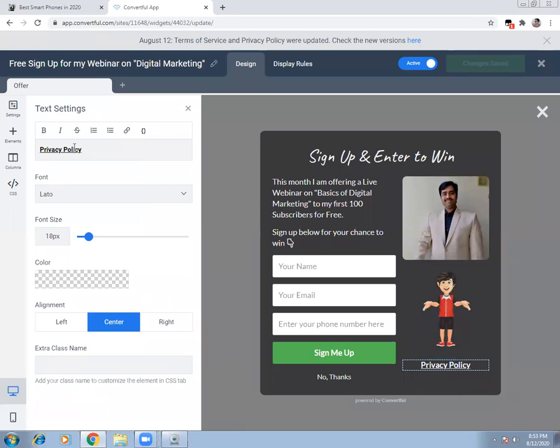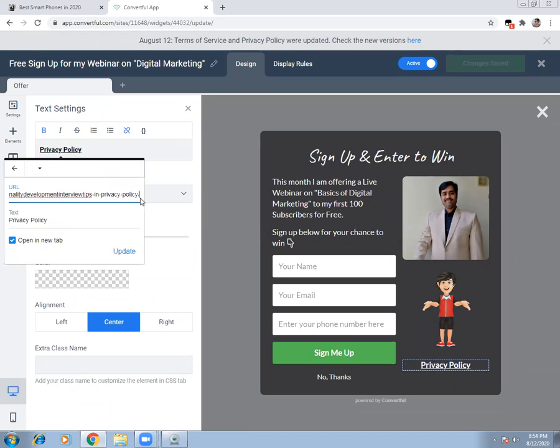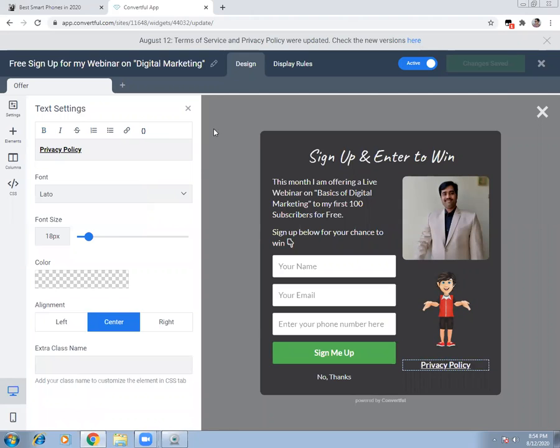So if somebody clicks on it, it has to be linked to something. So I'll put a link here, so that when somebody clicks on the privacy policy, it will take them automatically to the link. It's saying add or remove link. I don't want to remove it because I already added a link here. So if somebody clicks on it, it will automatically take them to a link. I don't want to edit the link. If I hit edit link, then it will take me to my personality development privacy policy. So I don't want to do that.